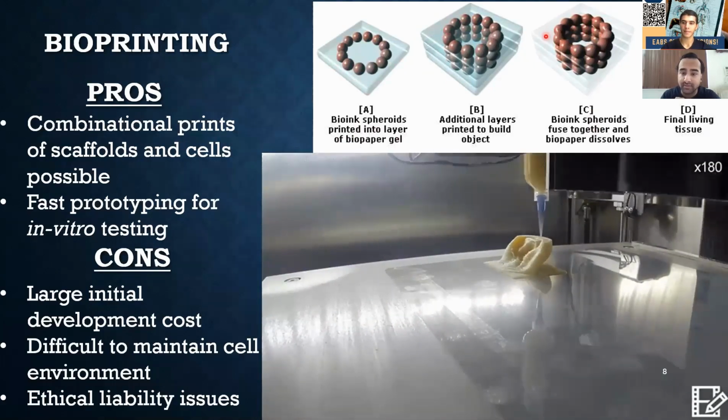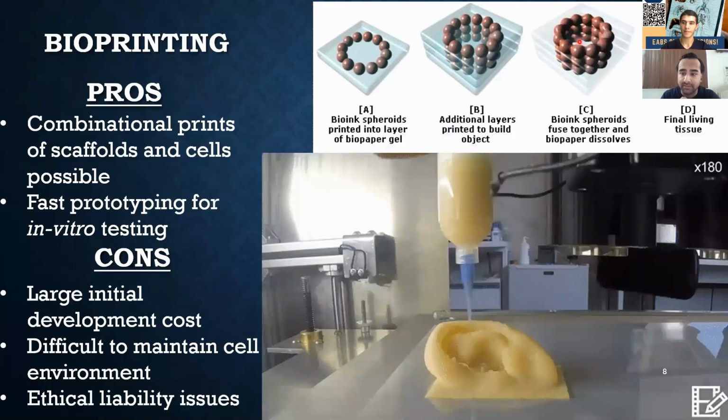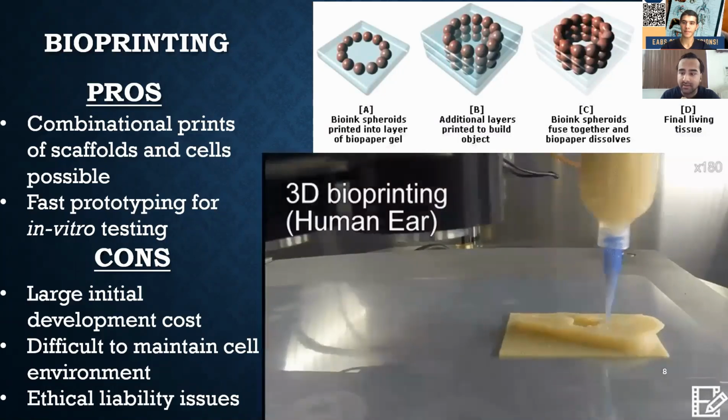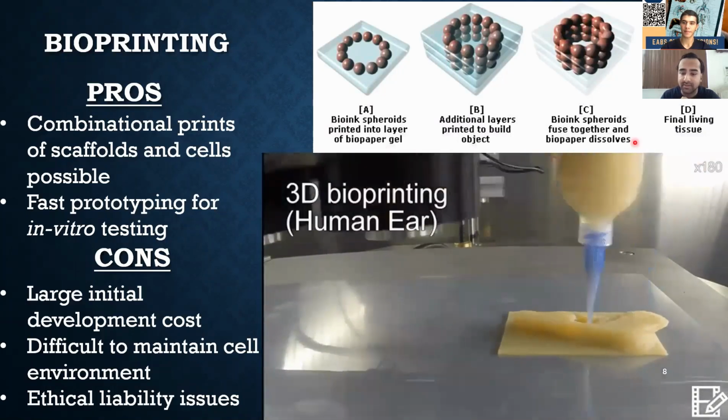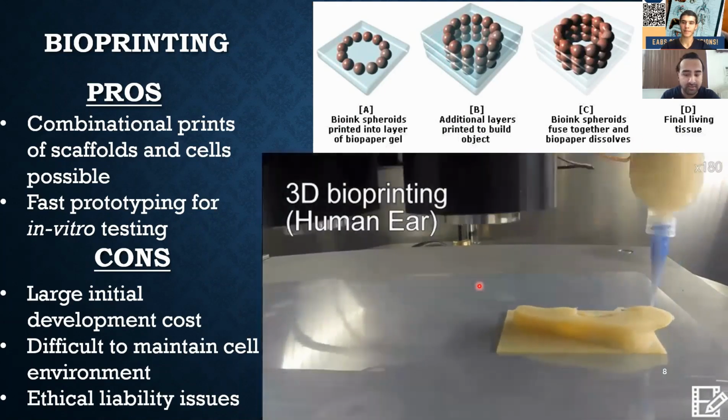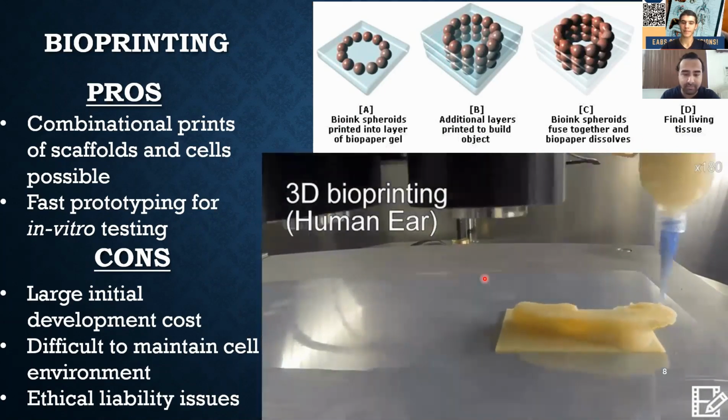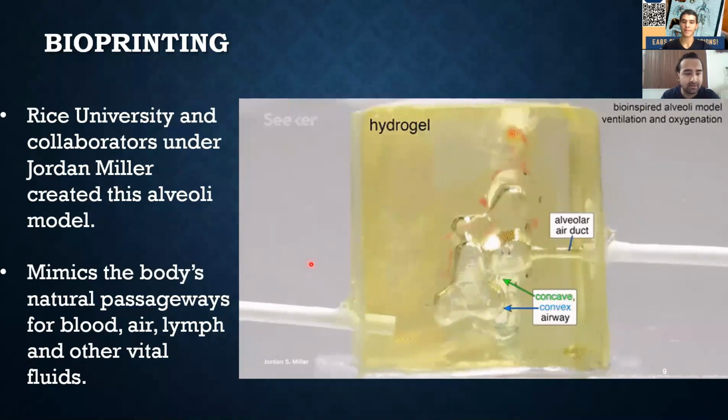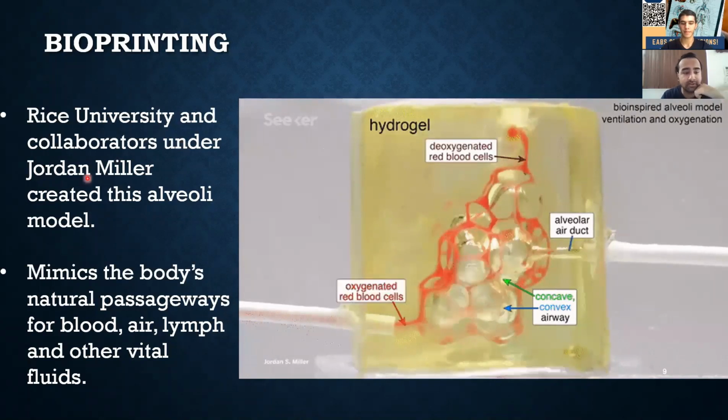Then you can, if you so choose to, dissolve the surrounding matrix and the hydrogel, and you get living tissue as an end result. And here's an example of a human ear, just for demonstration purposes. But application-wise, you can take a look at this example from Rice University, where collaborators under Jordan Miller created